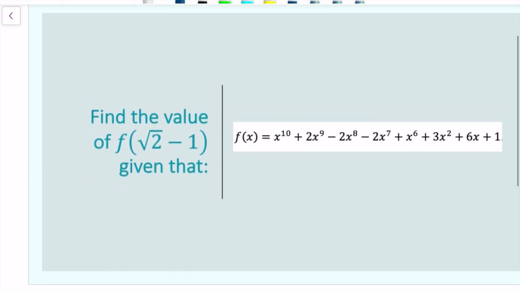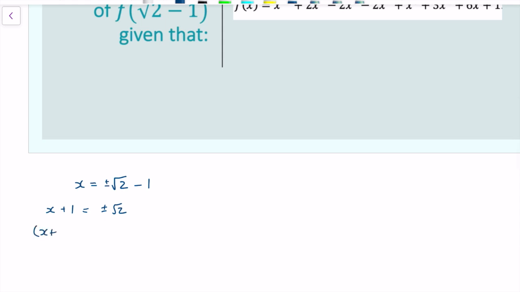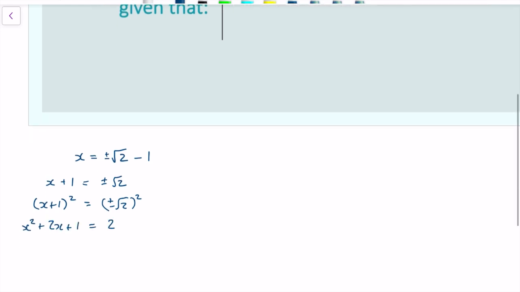Now if I consider x equals the square root of 2 minus 1, or even better, x equals plus or minus the square root of 2 minus 1 as an x value. And this is the x value that I want to substitute into this polynomial. Then if I rearrange this equation, x plus 1 equals plus or minus root 2, square both sides. This is like reverse completing the square. I get x squared plus 2x plus 1 equals 2,